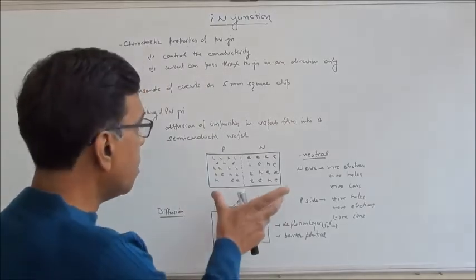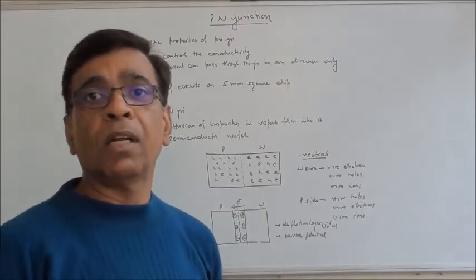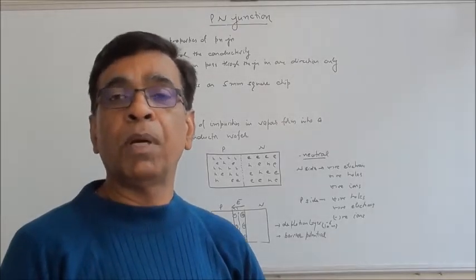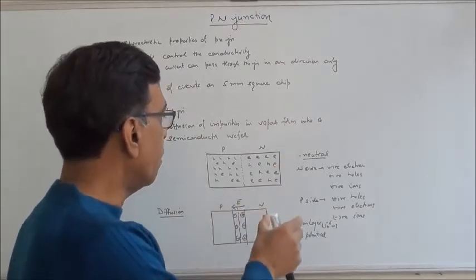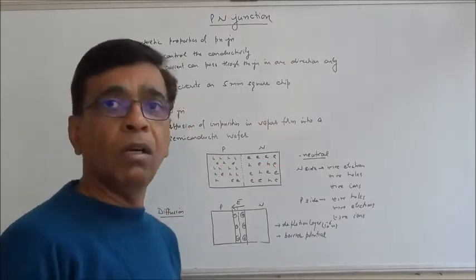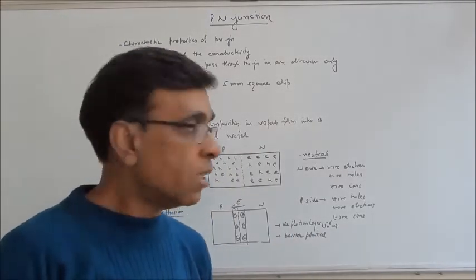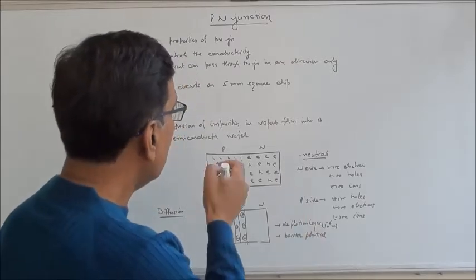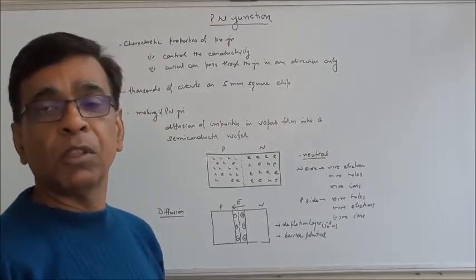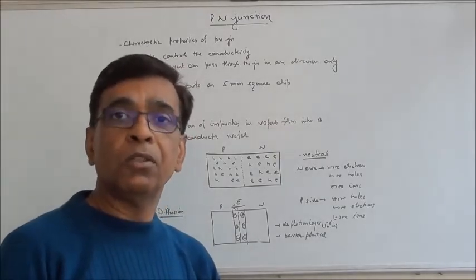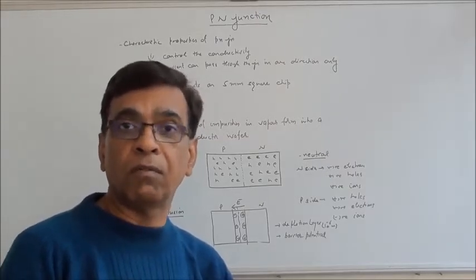So we take a single silicon and then half of it is doped with trivalent impurity and half of it with pentavalent impurity. So one becomes P-type, another becomes N-type. So this is a PN junction: P-type and N-type on a single silicon. Neutrality is maintained. On the N side we have electrons as majority carriers, holes as minority carriers. On the P side we have holes as majority carriers and electrons as minority carriers. We have done all that.